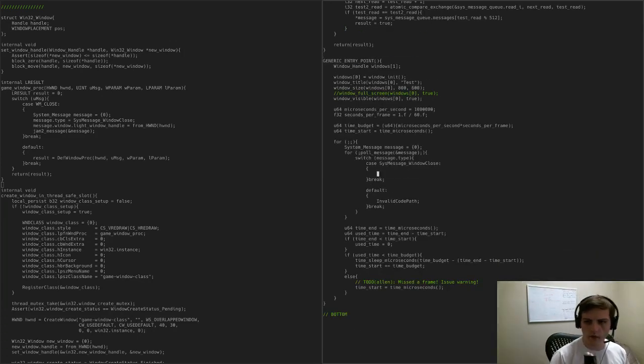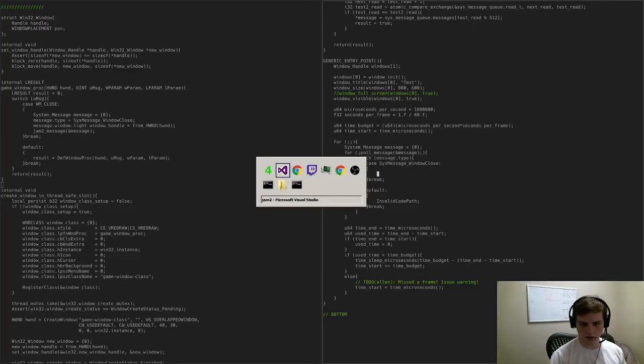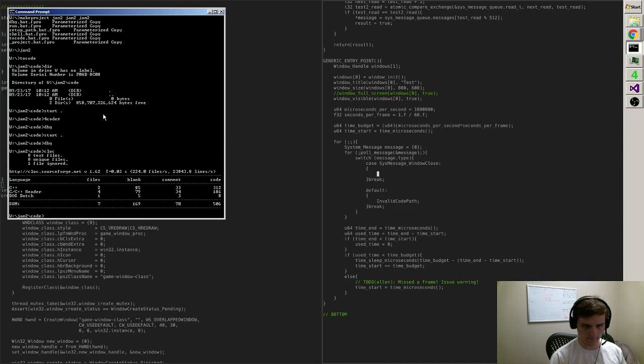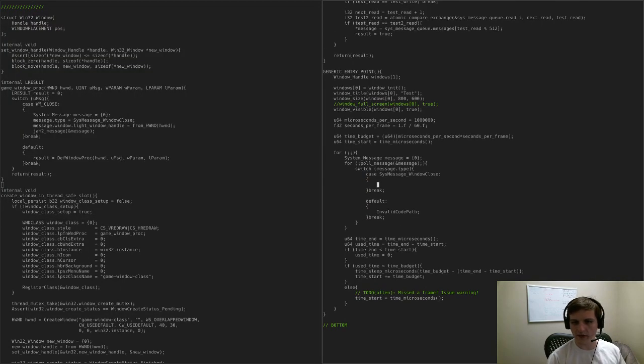Now when this gets the window close message, just out of curiosity here, 500. Alright, not bad. When this gets the window close message, it only has the one window. What I want it to be able to do is I want to be able to